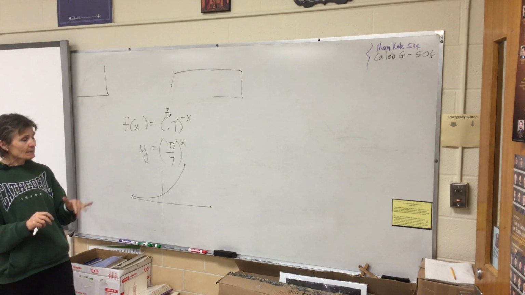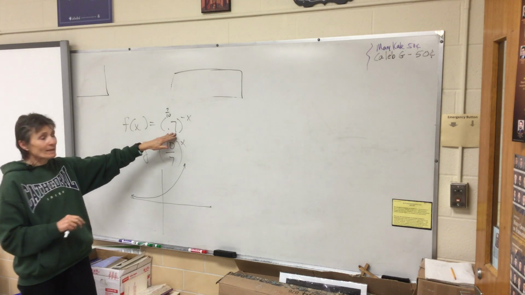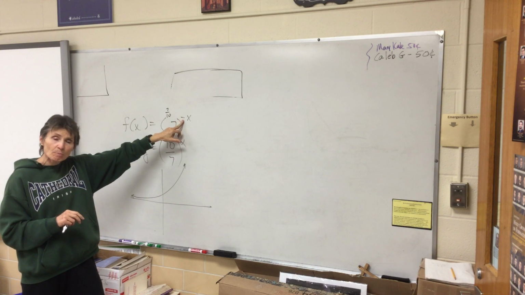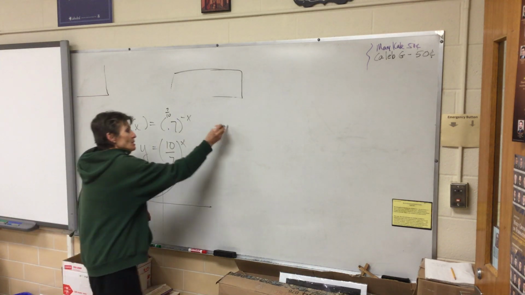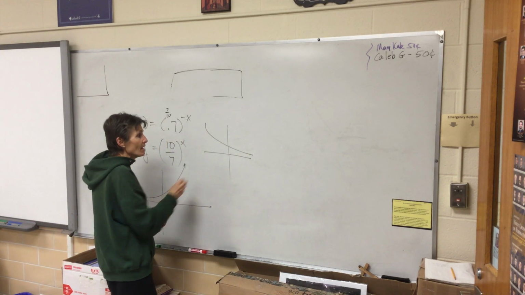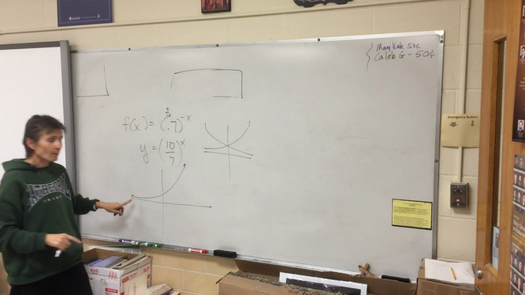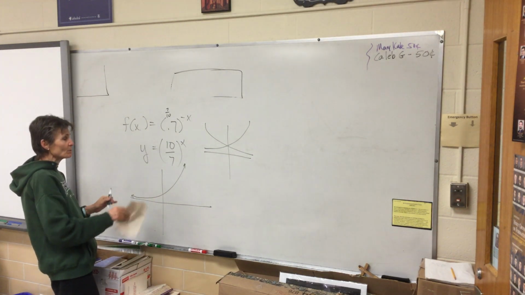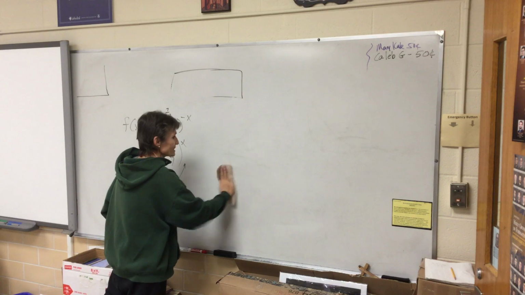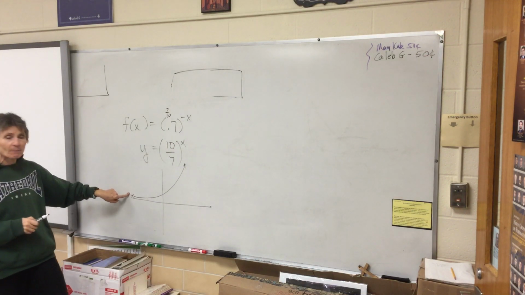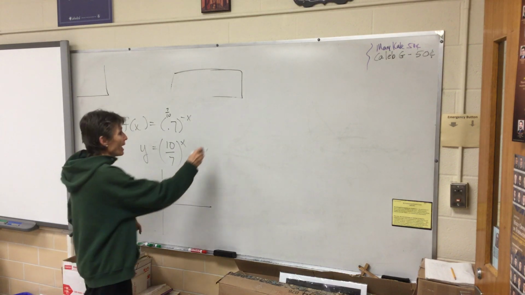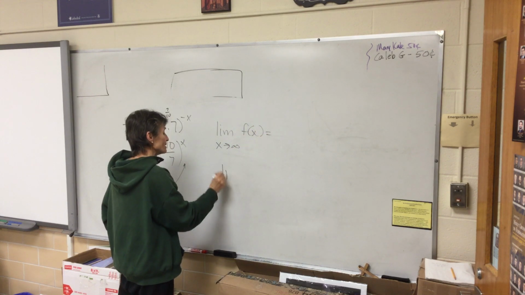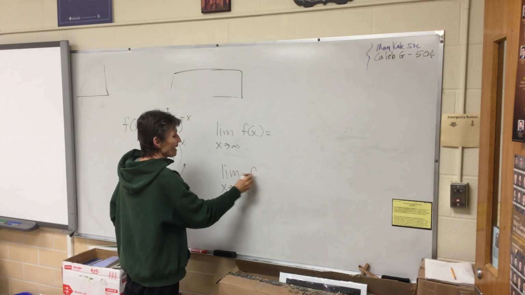Now, another way you can think about that is 0.7 would indicate decay, but a negative exponent would indicate a reflection. So if you started with a decay, but then did a reflection, you would end up with a growth. Kids, it makes absolutely no difference which way you think about it, because ultimately that's not the question. Ultimately, you need a picture so that you can describe the end behavior,